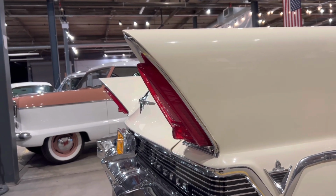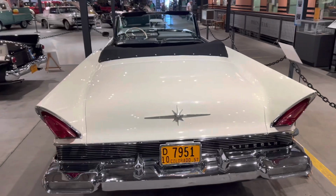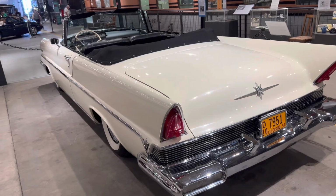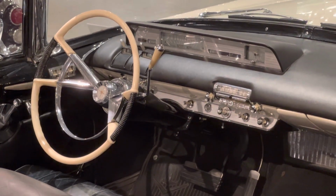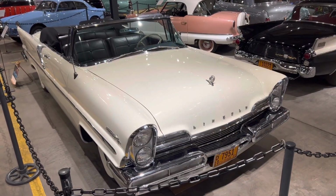So 1957 happened and it was a real thing, but I don't think looking at a picture of some of these cars is the same as being in a room with all of them. So now that I've been in a room with all of them, just to physically feel the space, the gravitational pull of these things when you're trying to walk by them is incredible. And to see the shiny chrome